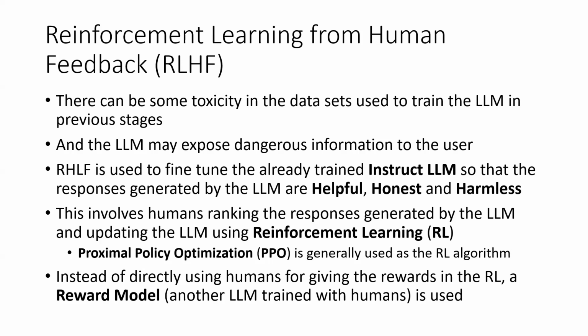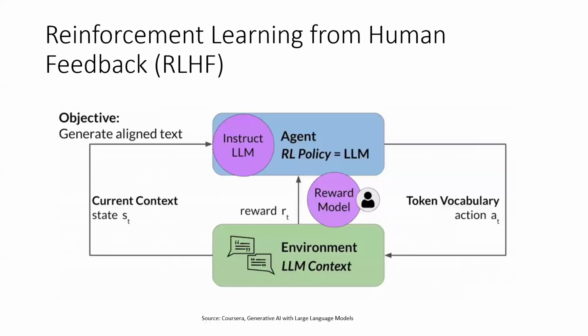So because of that, we should not move too much away from the original LLM parameters. So this proximal policy optimization algorithm, which is a reinforcement learning algorithm, is used for this purpose, right? So in this reinforcement algorithm, we are using a reward model, which is trained by humans to get the